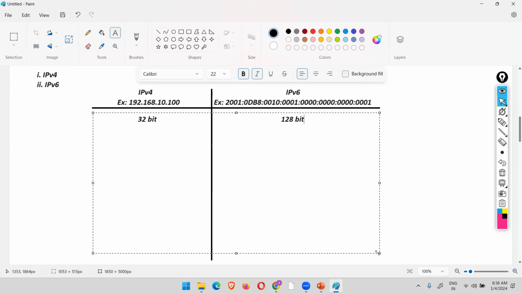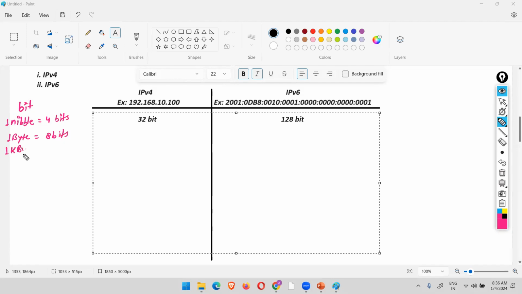And what is a nibble? See, the smallest unit is what? Bit. Then after that we have the nibble. So 1 nibble equals 4 bits, which means 2 nibbles equal 1 byte. Then we have the byte, that is 8 bits. Then we have